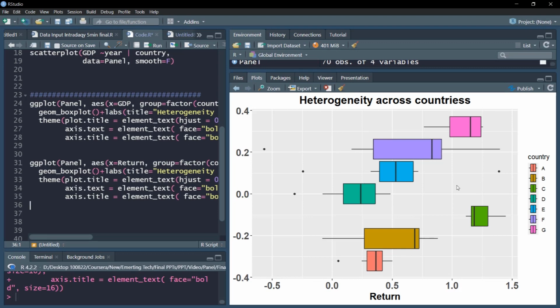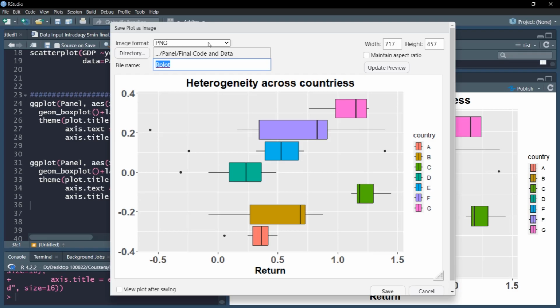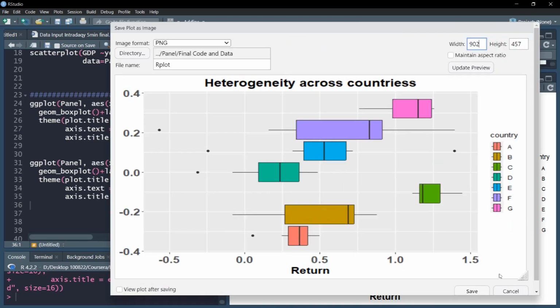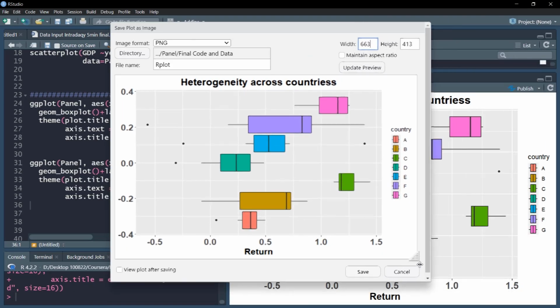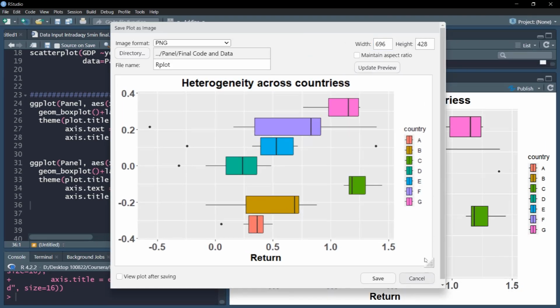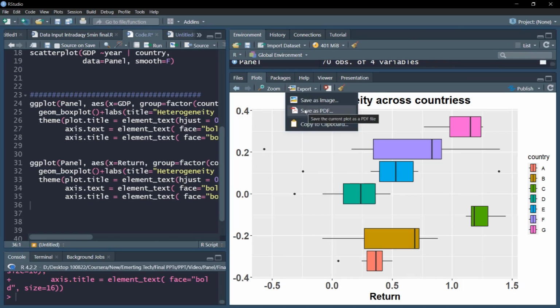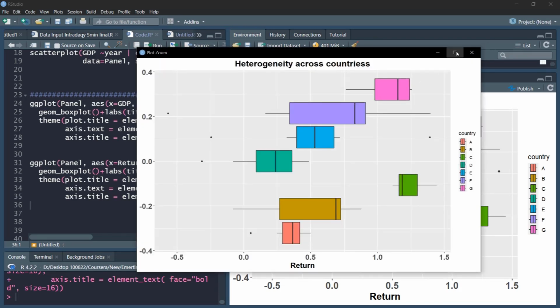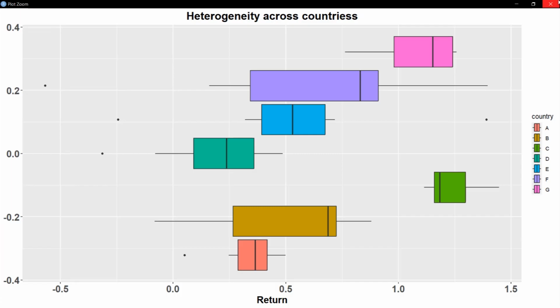This gives us some intuition that if we model them simply by pooling all the observations together, the results may not be accurate. Now, for your report writing and other purposes, you can use this export command to save the data as an image. You can change the format, PNG, JPEG. You can change the width and height, or you can do it by dragging with the mouse cursor here. You can drag the chart, get it in the right shape, or also you can use this export command to save it as PDF or copy to clipboard. For a detailed examination, you can zoom it as well. So that facility is also available to zoom it and have a good look at the plot.